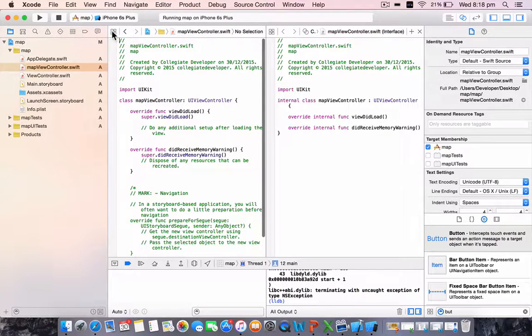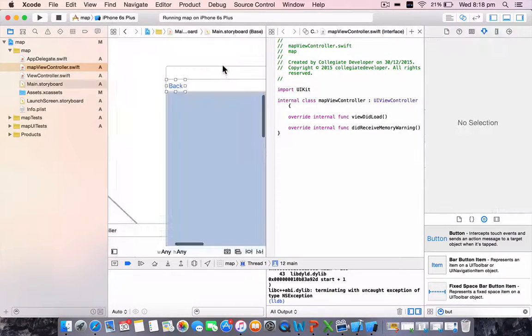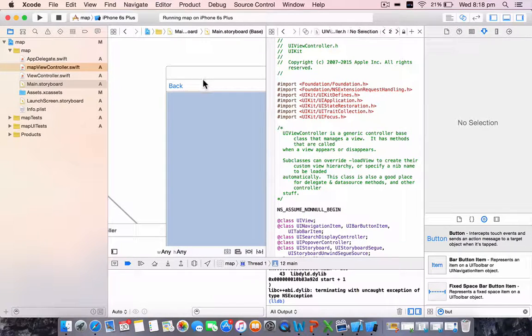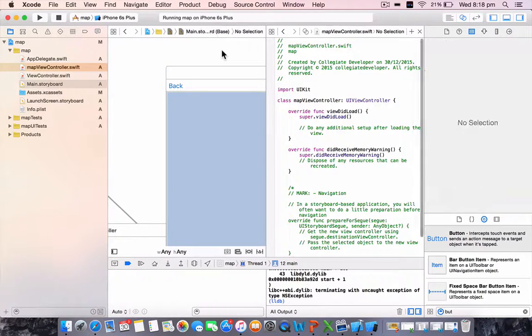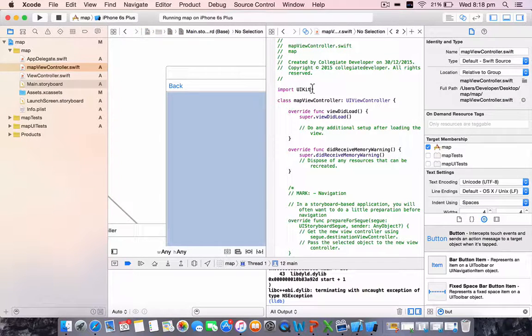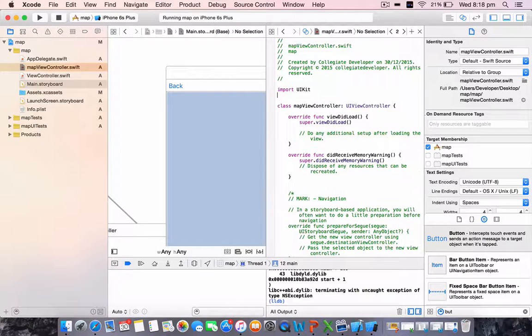So we'll split our screens, we'll bring back our storyboard, we need to click on our map view controller, we need to add that so it actually links to our map view controller. Now we've got our map view controller up, we need to add a few very important bits of information. Because it's accessing the maps, Google Maps, we need to import some more information. So the first thing we do is import, it's called MapKit, and that allows us access to a whole variety of Google Map type